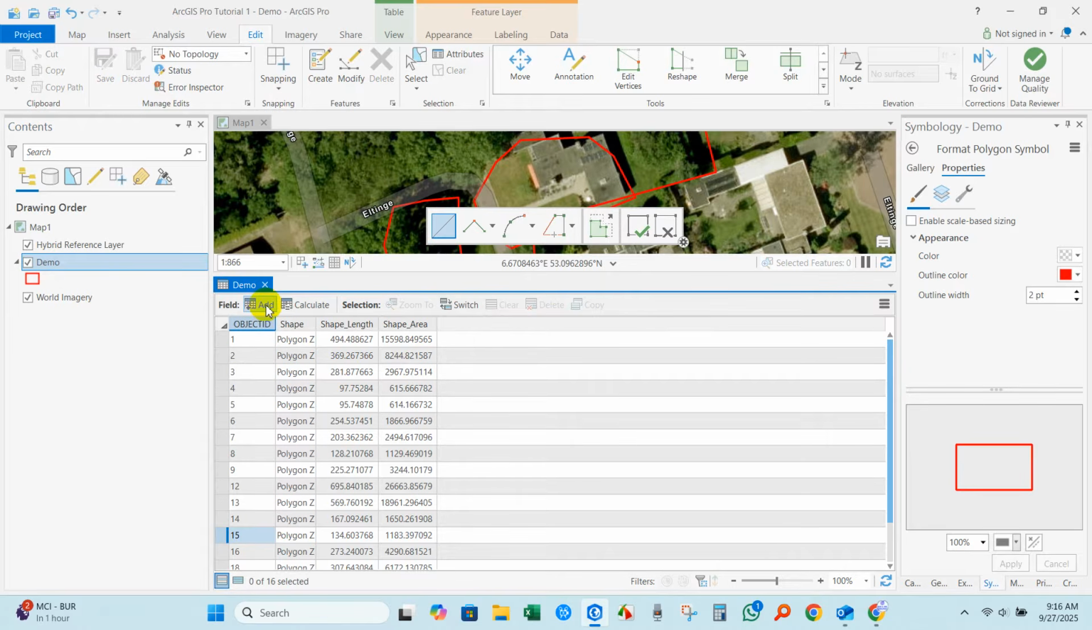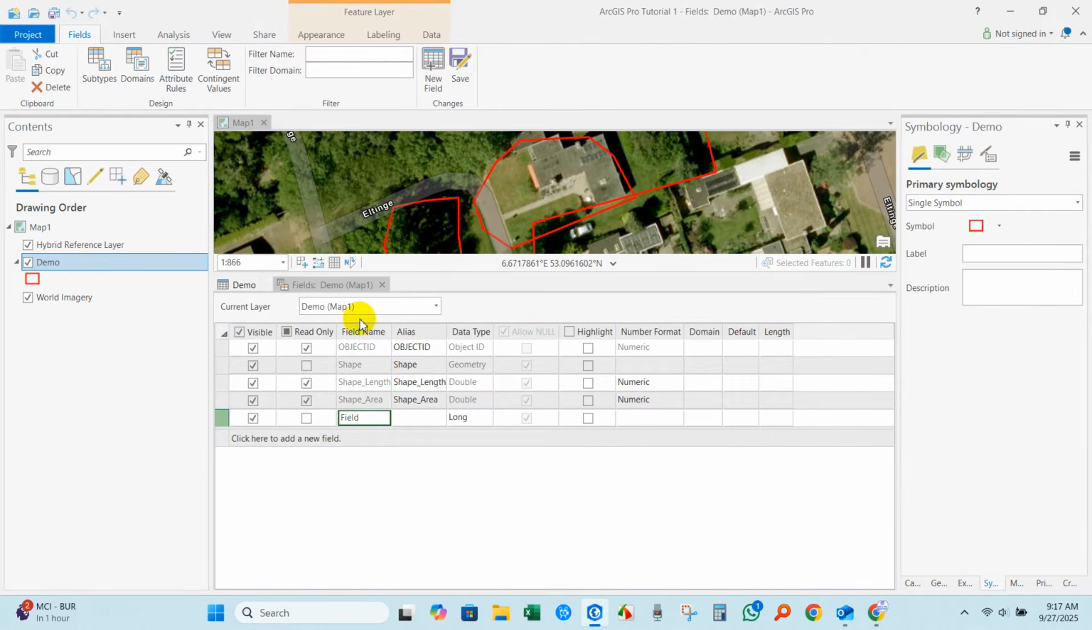And if you want to add more fields, just click here, add field, and just write here the field name. I'm going to write it as type, and then data type text. You will find here several options for text. Just select text, and if you want